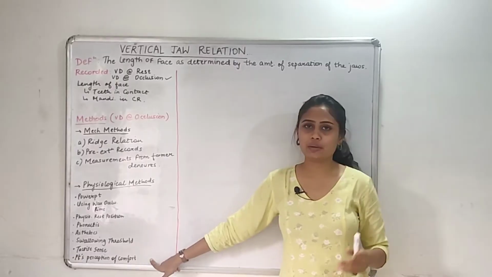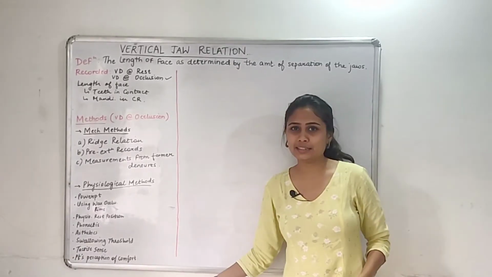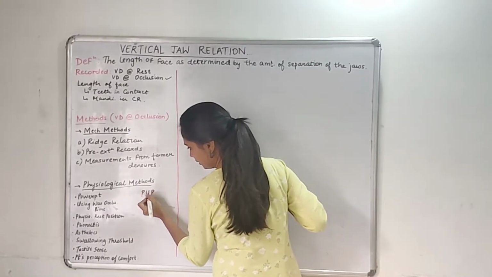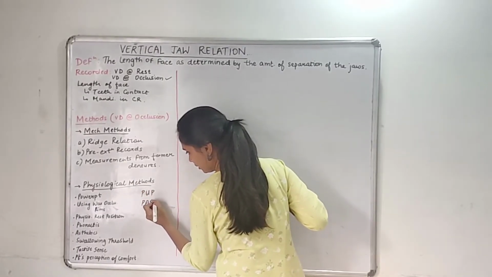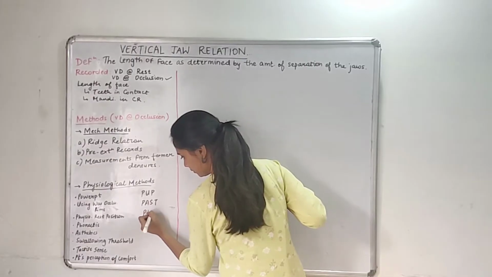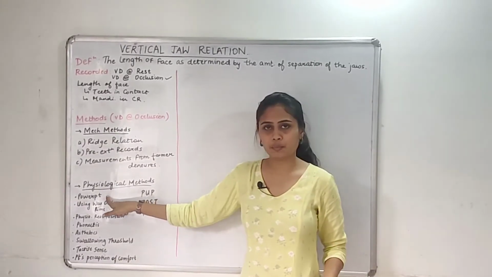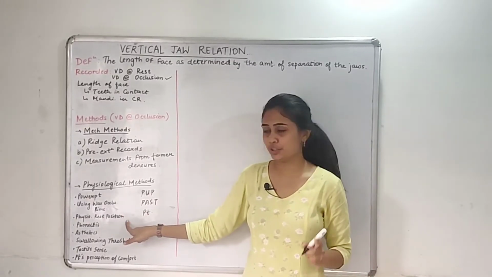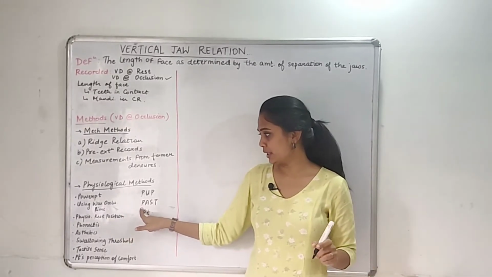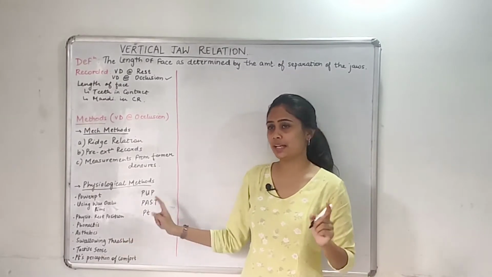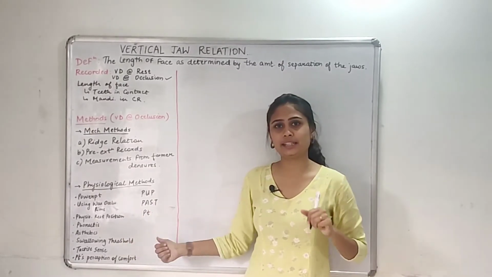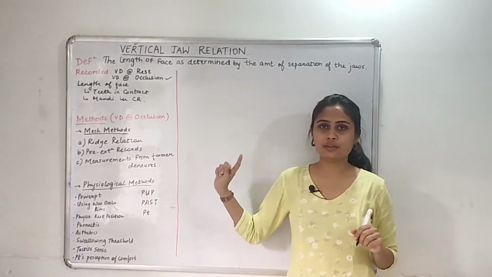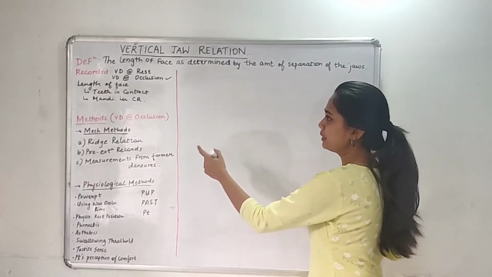patient's perception of comfort. I know it's a very big list, but I have a mnemonic for you. It is PUP, PAST, PT. Okay, from P we have Pow, U is using the Willis occlusal rim, P again is the physiologic rest position, P again is phonetics, A is aesthetics, S is swallowing threshold, T is the tactile sensation and PT is patient's perception of comfort.